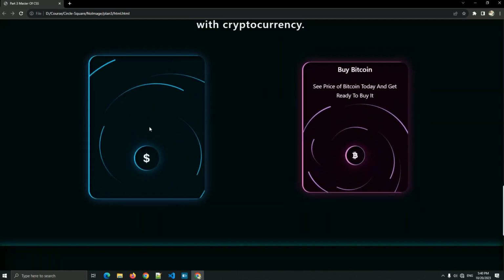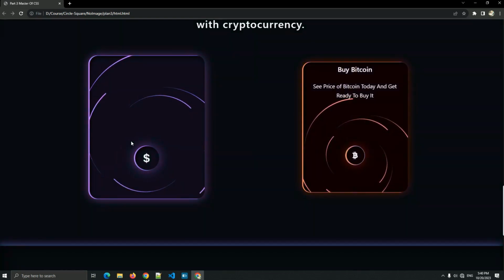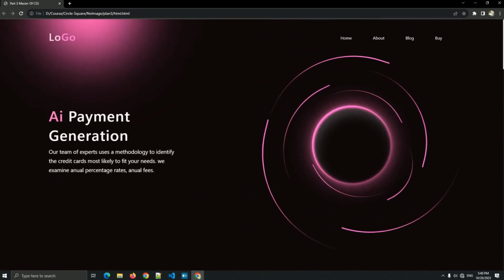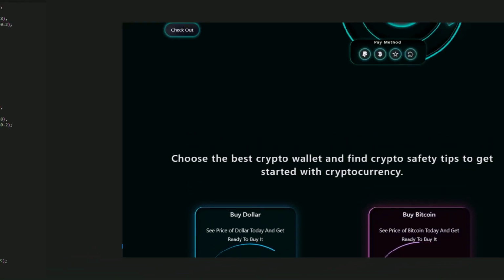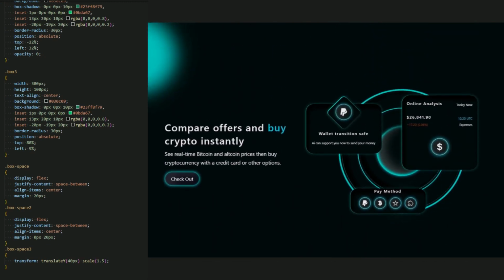Yes, but yeah, this is the whole lesson. I hope you learn it and learn it easy. Now let's go for the media queries of this website. Let me just add the animation first. Let me just add it.